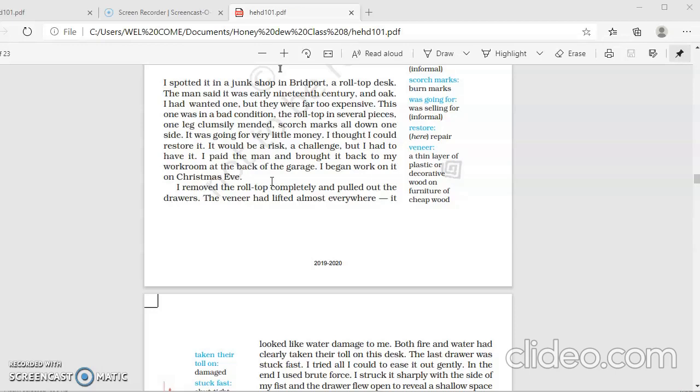The roll top was broken in several places, and even one leg of it was very badly repaired. There were burnt marks, scratch marks, all down on one side. But then it was cheap, and so he thought he would buy it because he could repair this roll-top desk. Finally he thought that he should buy it, although it would be a risk and a real challenge to repair the desk. He paid the man and he brought this desk to his workroom at the back of the